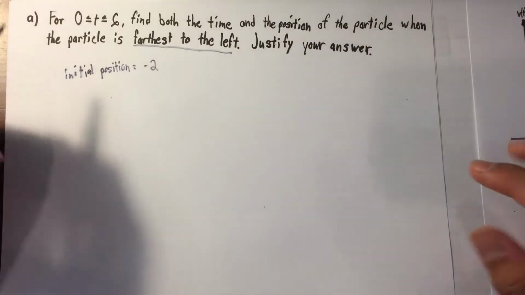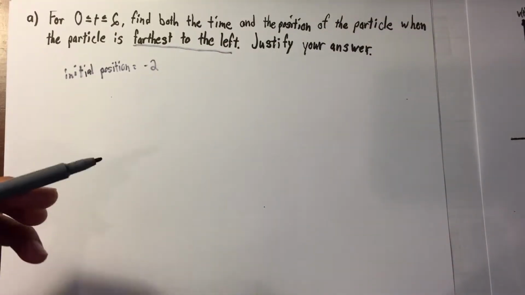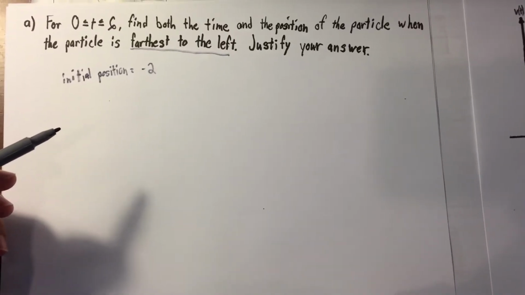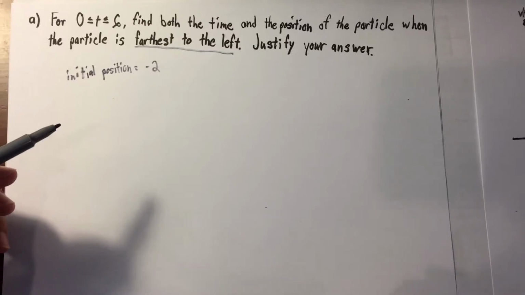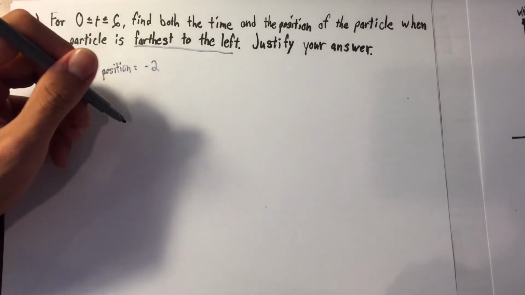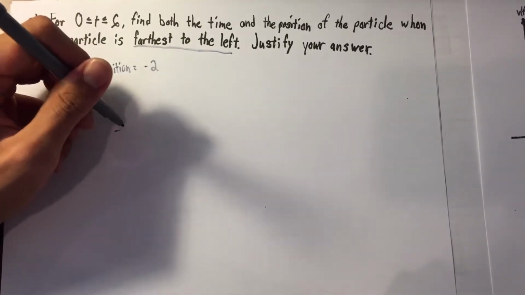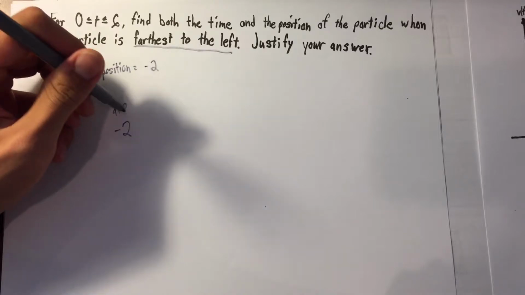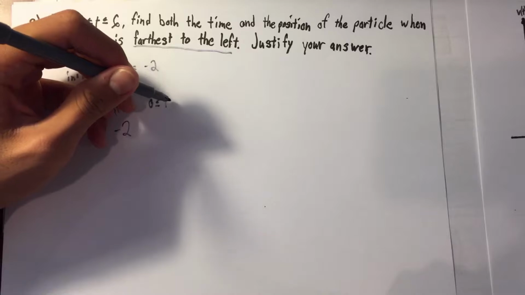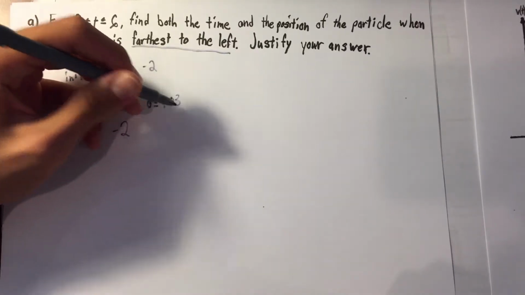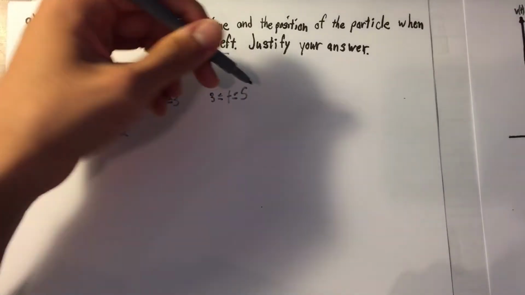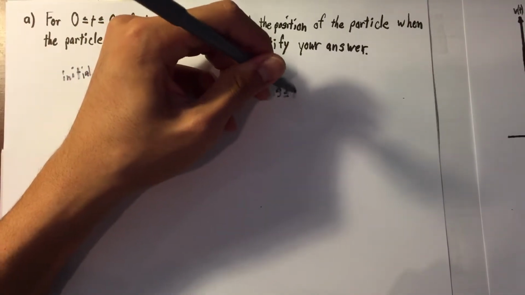If we add the areas of the different regions, and since these are areas of the velocity versus time graph, these areas are actually equivalent to the change in position. So this is -2 at time 0. If we add the areas when time is between 0 and 3, between 3 and 5, and between 5 and 6,